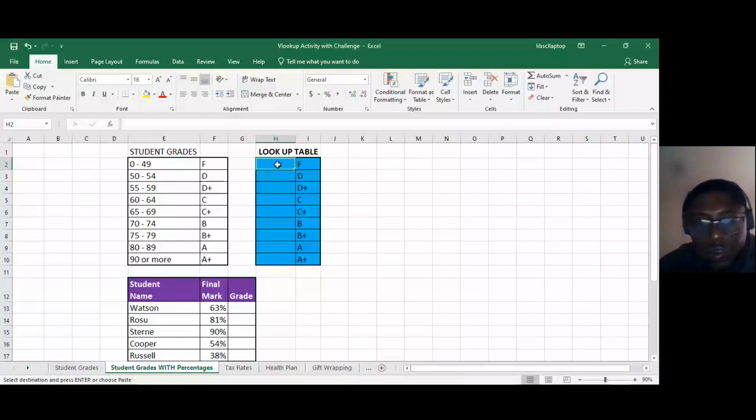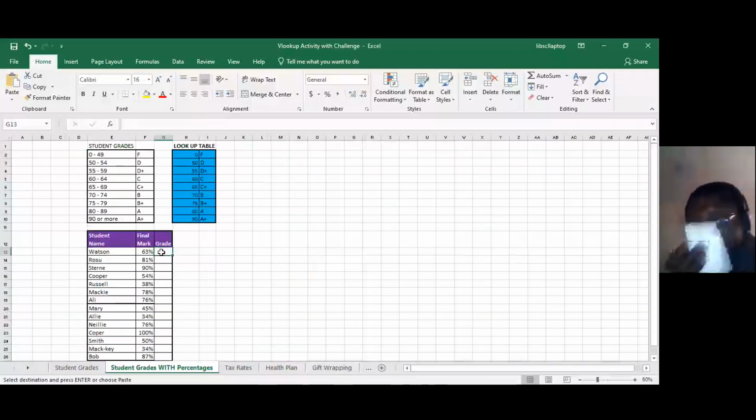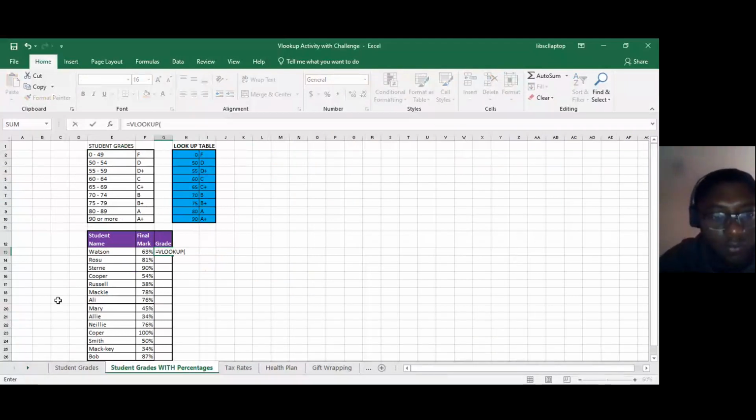So I'm going to use this one. You're going to use this table in order to find the letter grade for each of the percentages here. So we're going to use VLOOKUP. So the lookup value we're looking for here is